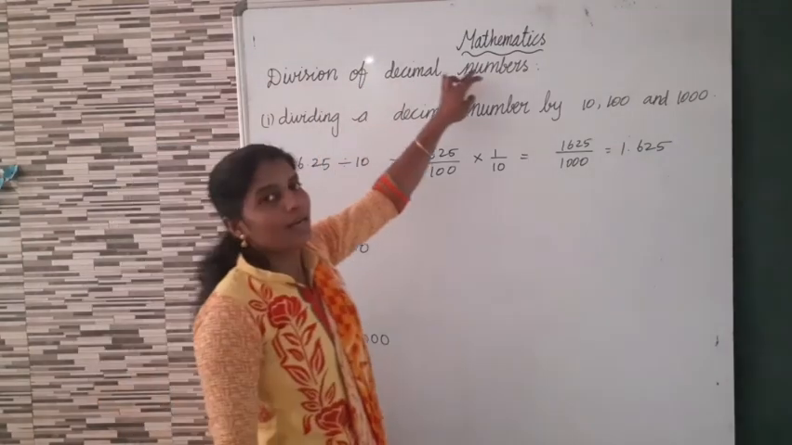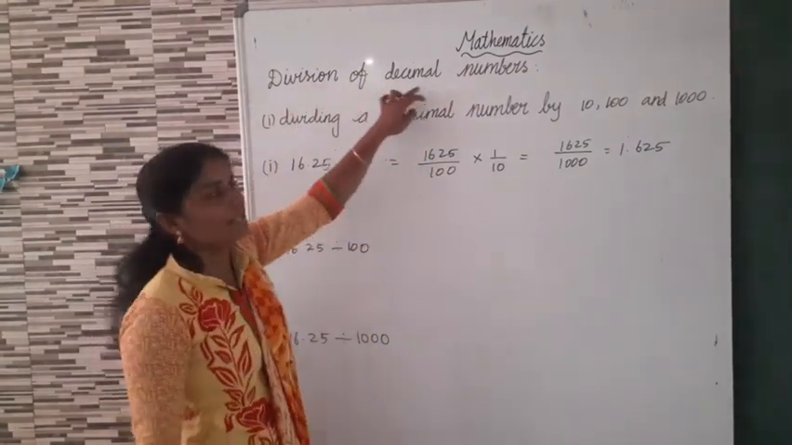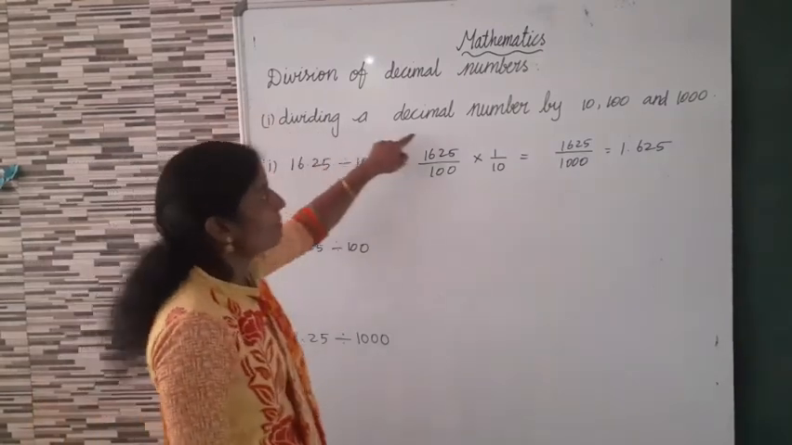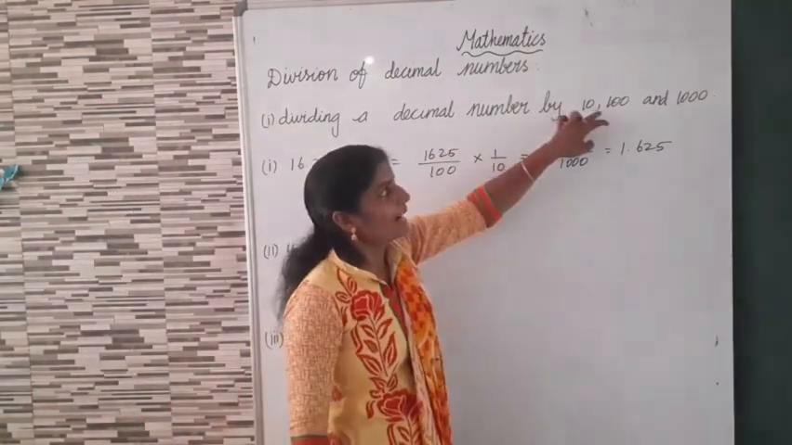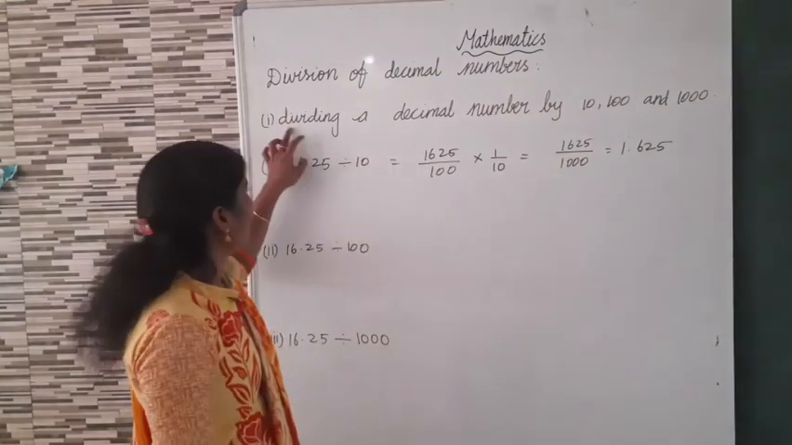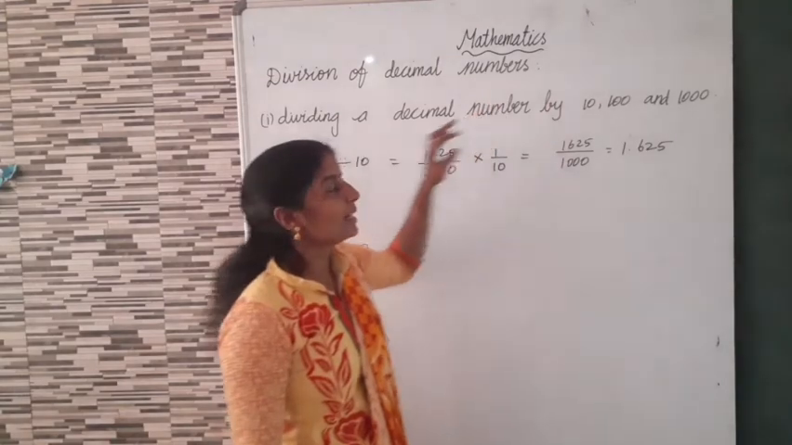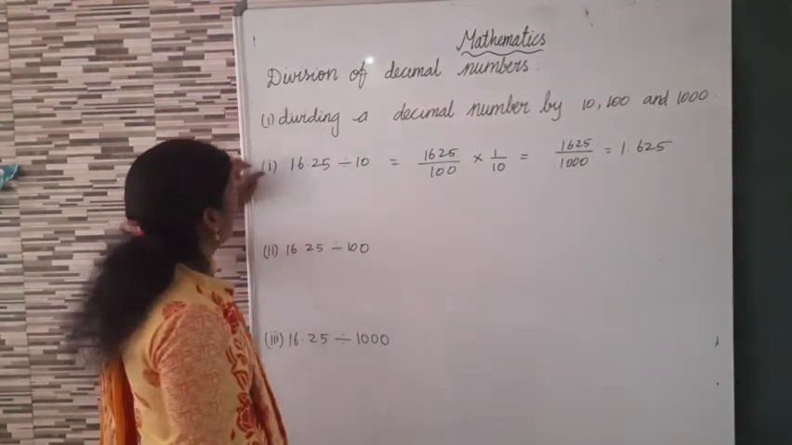Division of decimal numbers. Dividing a decimal number by 10, 100 and 1000. Okay. Now here